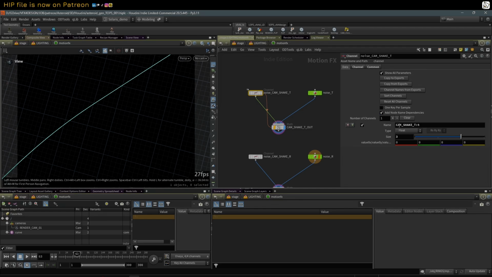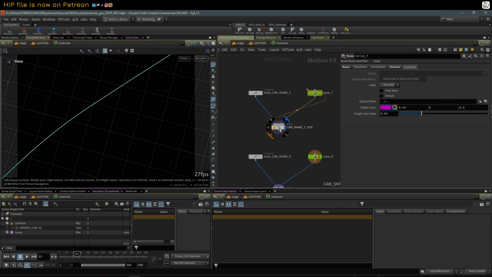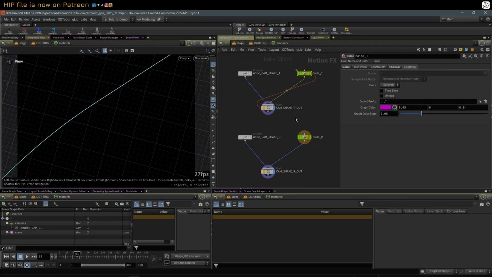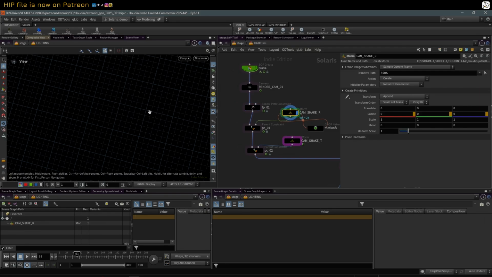So I can say this is the channel, this is my noise functionality in here, and you can basically control shake on the axis of the transform node here. So I've got a rotation noise and a translation noise being fed into these X forms, which are just sitting